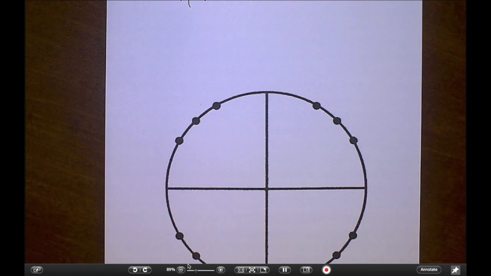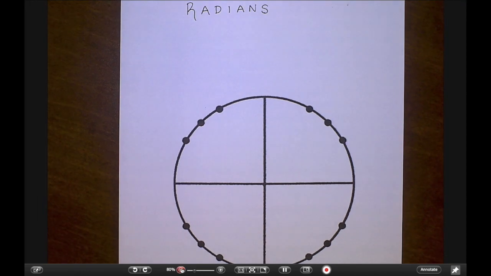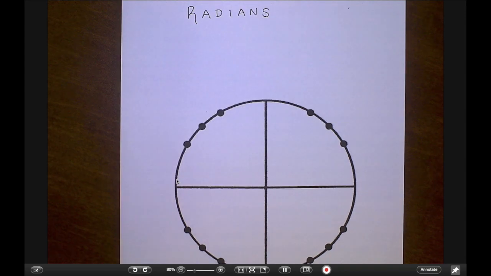Hi everyone. We have one more unit circle topic to cover, and that, you may remember from last year, is radians. Radians are another way to measure angles on the circle. You can think of them as an alternative to degrees, and they are based on the circumference of the unit